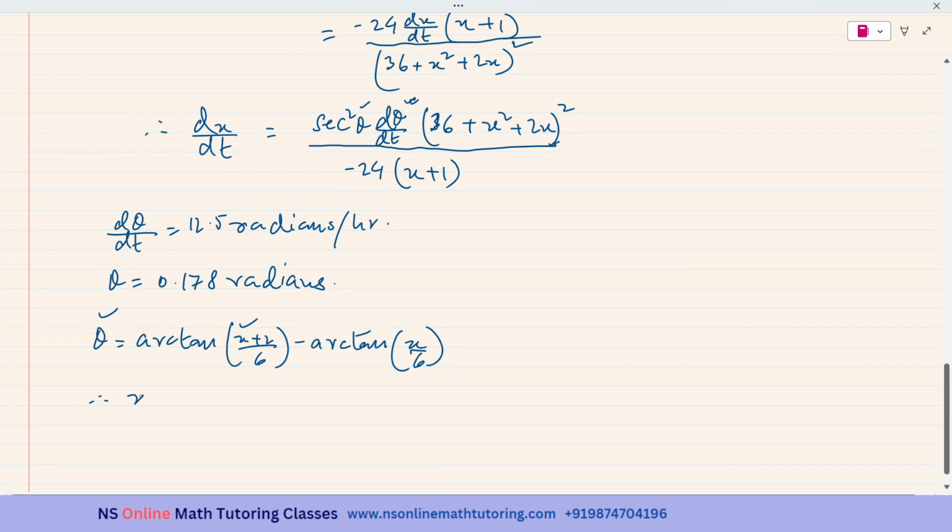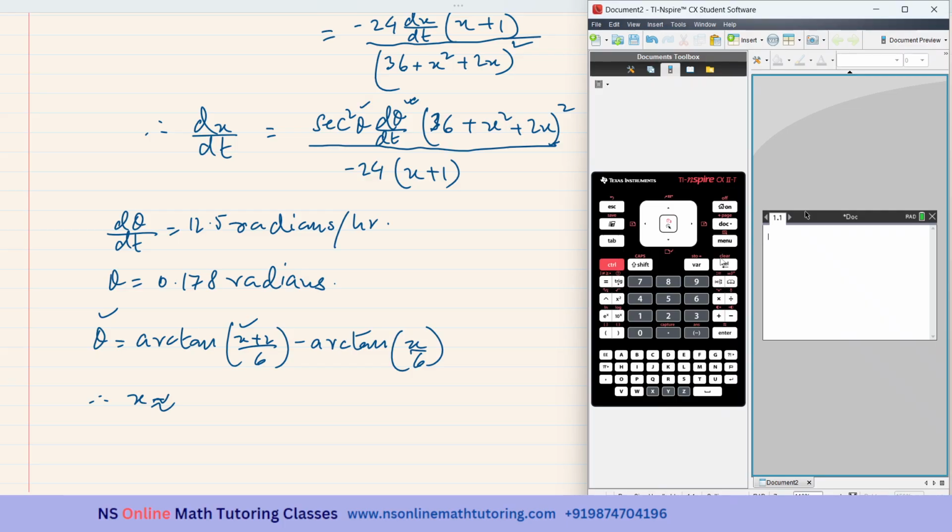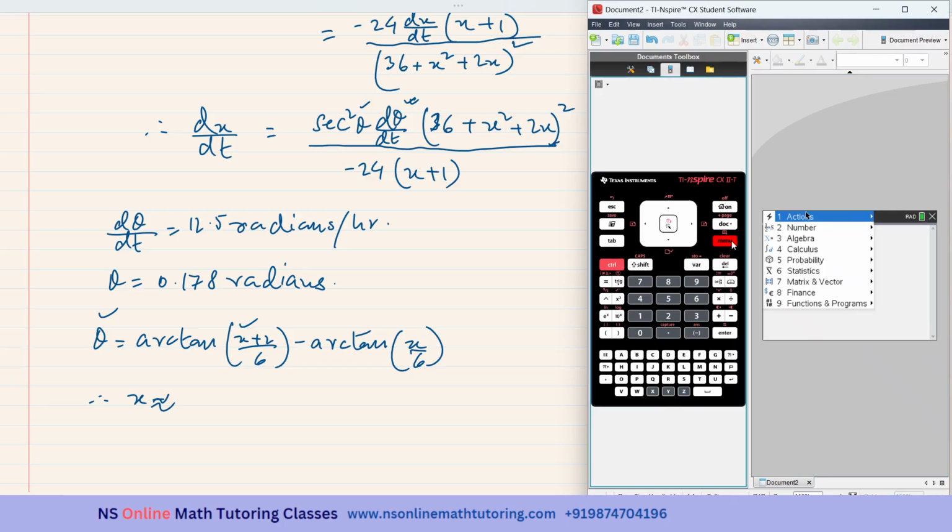So therefore, x will be approximately equal to, I'll be using the nsolve, so it is number 3 algebra and then number 1 numerical solve. Theta equal to, so 0.178 equal to